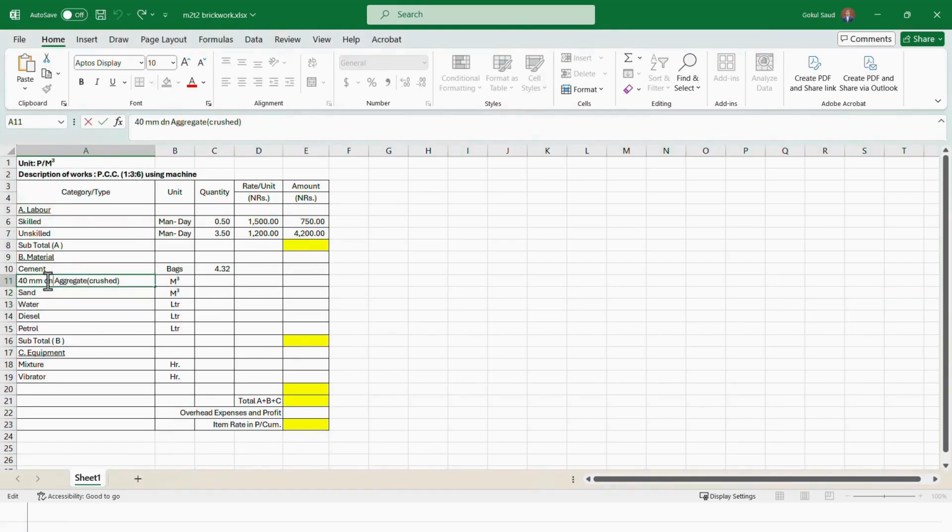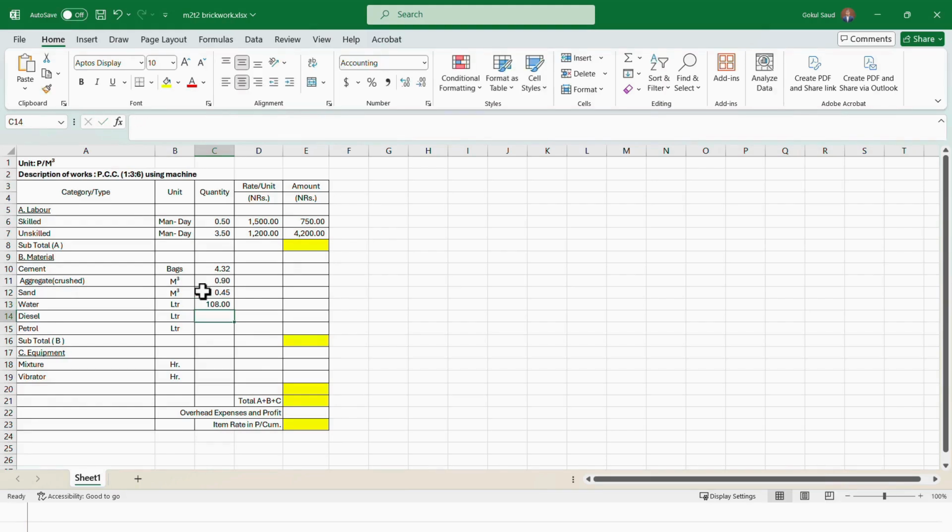not distributing it. The aggregates, the quantity we calculated was 0.90, and if you want to segregate it into 40 mm and 20 mm down, then for the 40 mm down aggregate, the quantity is around 0.6 to 0.65, and for the 20 mm down, the quantity is around 0.2 to 0.25. Okay, and the sand we calculated as 0.45, and the water we calculated as